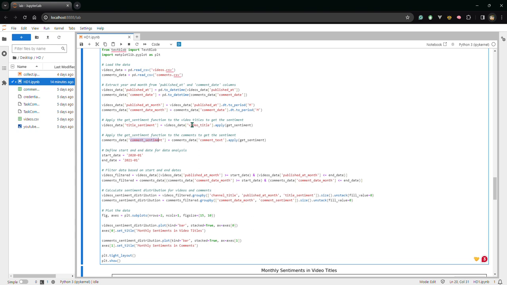Actually, the challenge arose from encountering videos with missing sentiment values. These missing values could have skewed our sentiment analysis results, affecting the overall accuracy and reliability of our findings. So that was the main problem. How did I overcome that? To mitigate the impact of missing values on our sentiment analysis,